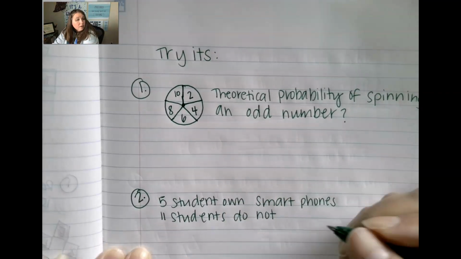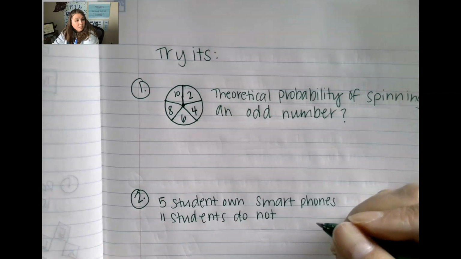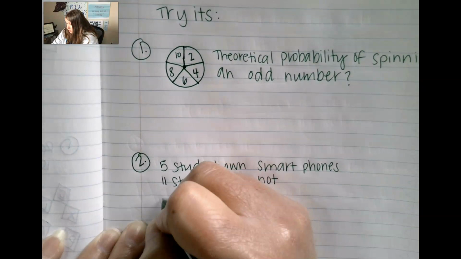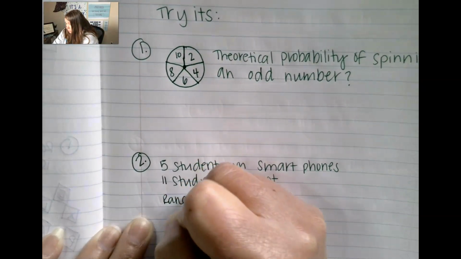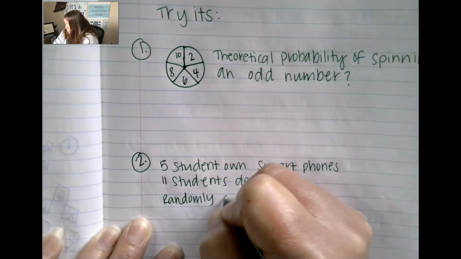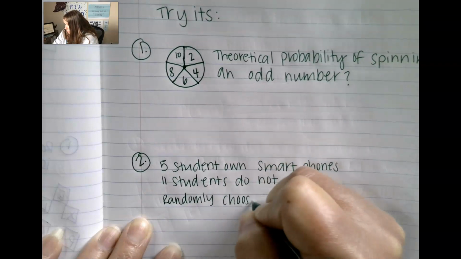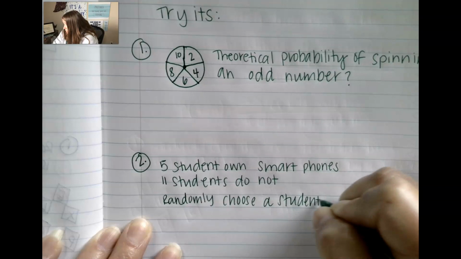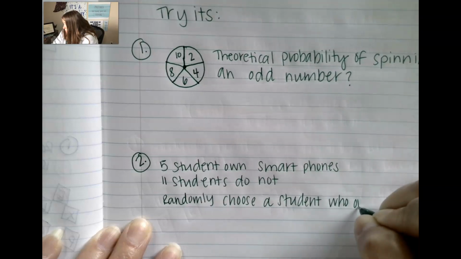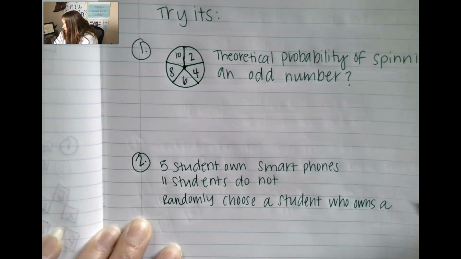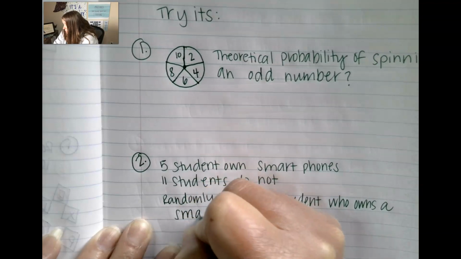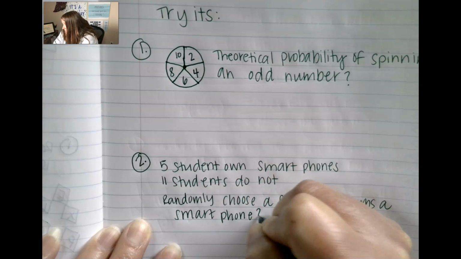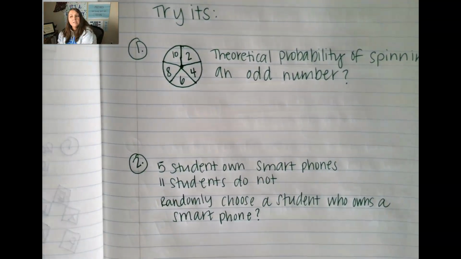What is the theoretical probability that a randomly chosen student owns a smartphone? You randomly choose a student who owns a smartphone. All right, go ahead now and hit pause so that you don't hear me solving these